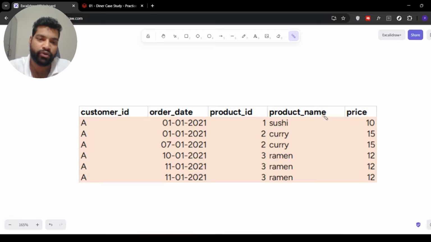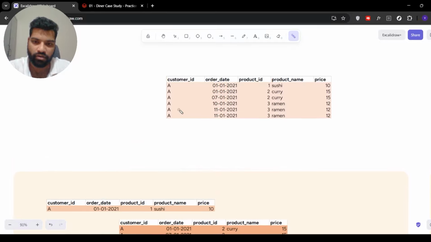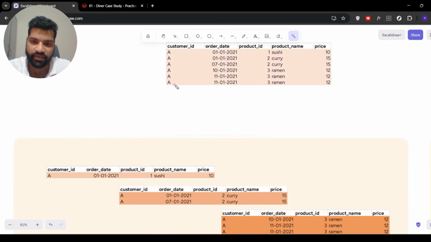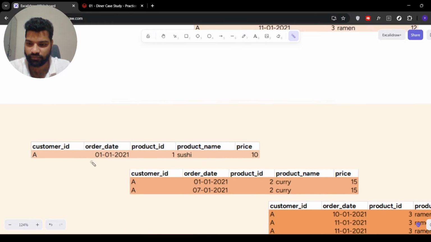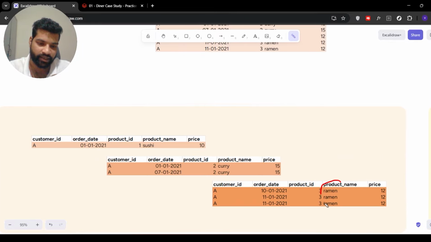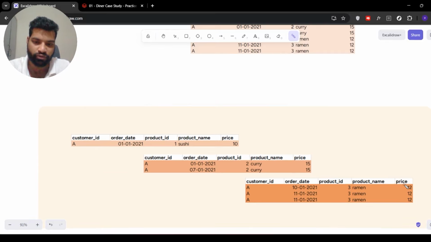We can again perform a group by on product name to count these products. If you perform a group by within this customer, that's why we perform group by on 2 columns. First at customer level, and then within each customer we are grouping at product level. So we see one row indicating sushi, so only one. For curry it's 2, and for ramen it's 3. Now if we count this, we can clearly see 1, 2, and 3. So if I show the code,